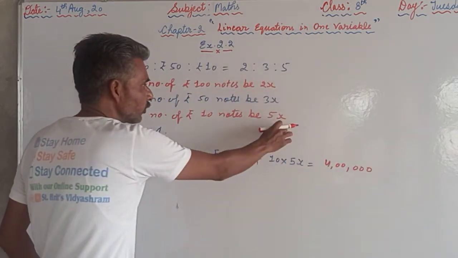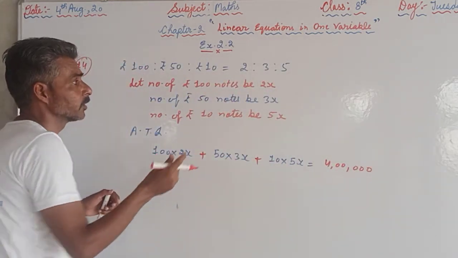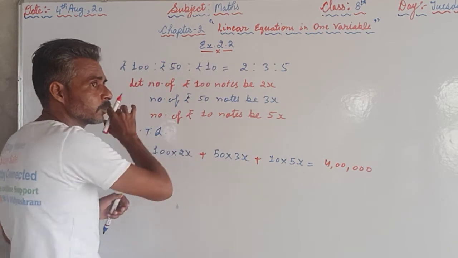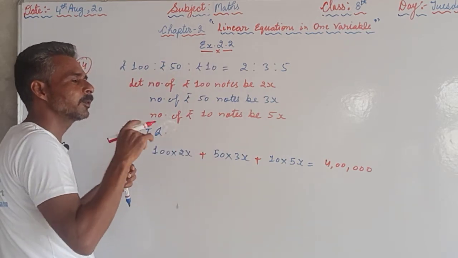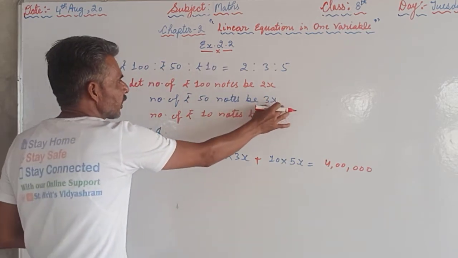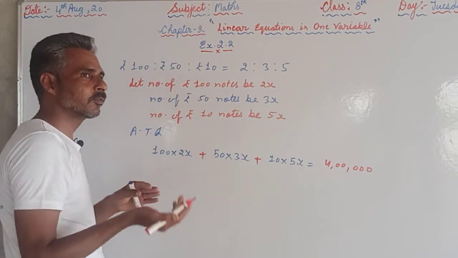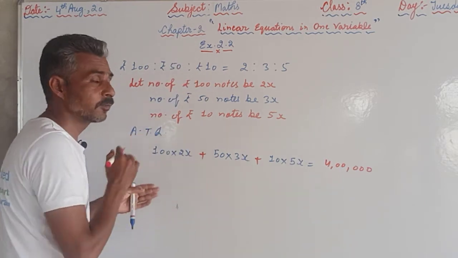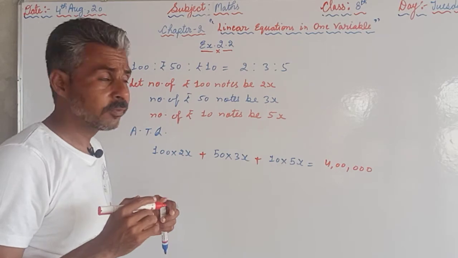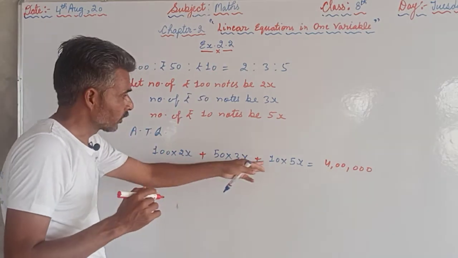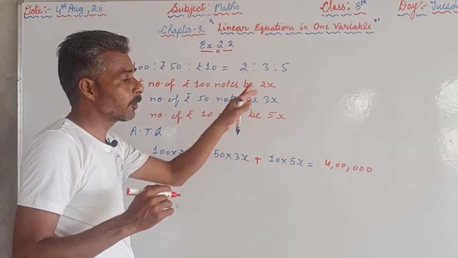Now these are the number of the notes, and what will be the amount of these notes? 2x notes we are having of 100 rupees, so value of those notes will be 2x into 100. 3x we are having of 50 rupees, so the value of those notes will be 3x into 50, and we are having 5x notes of 10 rupees, so the value will be 5x into 10,